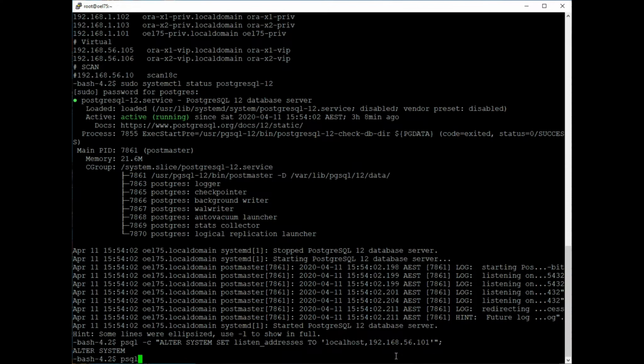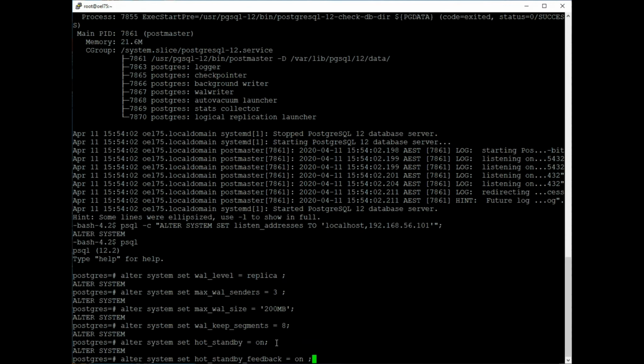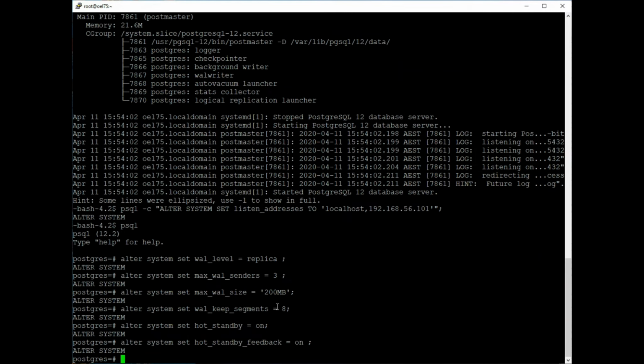So I can go there. So here you see there are a few parameters related to the slave server. I just set that up because when I take a backup, ultimately it will copy all the files under the data directory. So I'm running all those commands on this side. So now